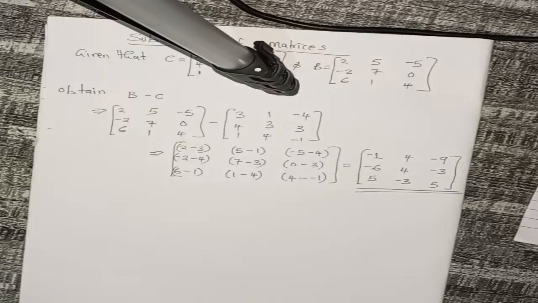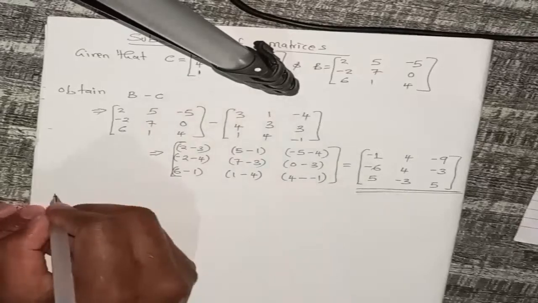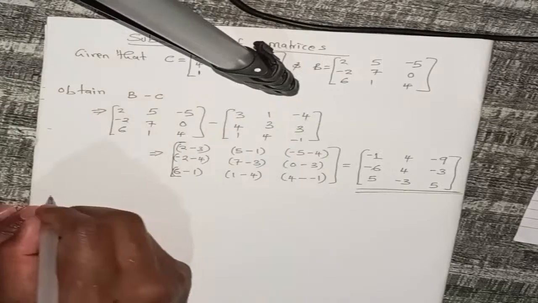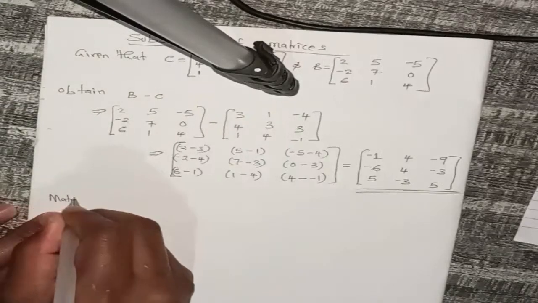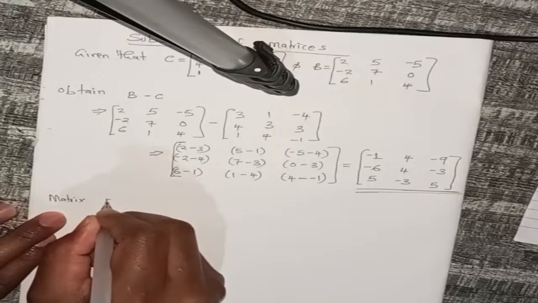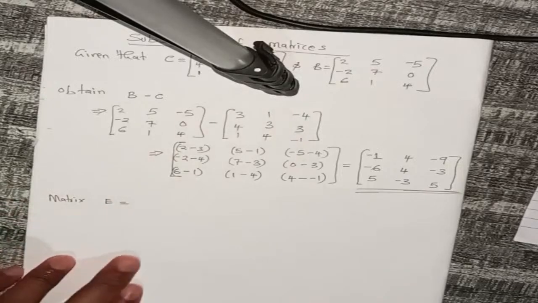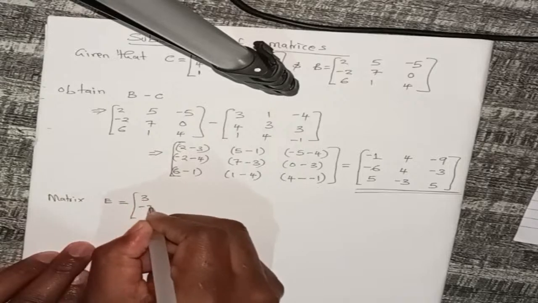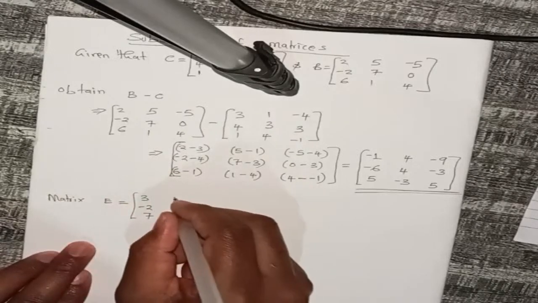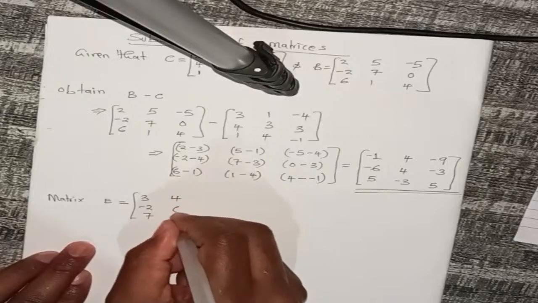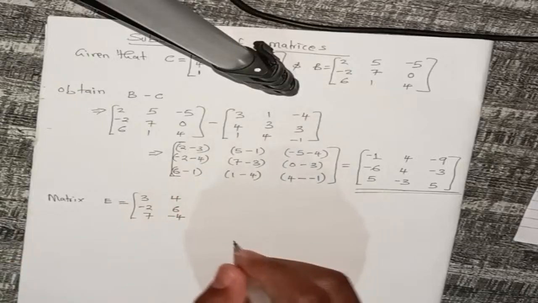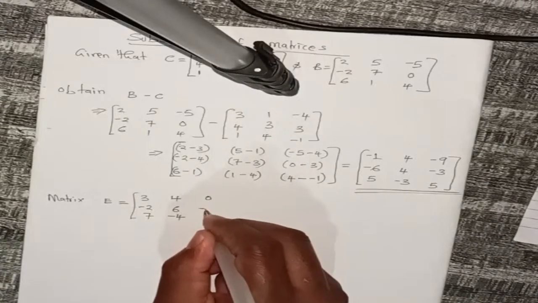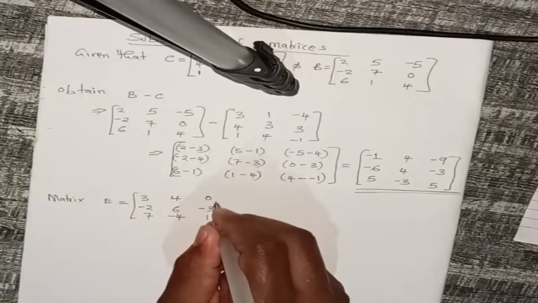We have matrix E equals to [3, -2, 7; 4, 6, -4; 0, -3, 1],